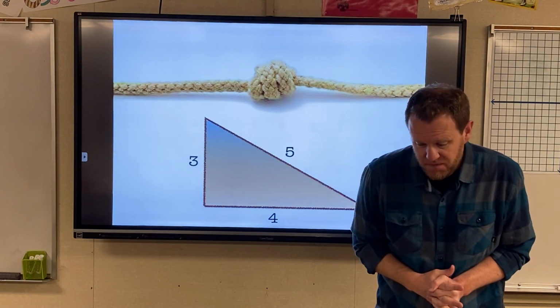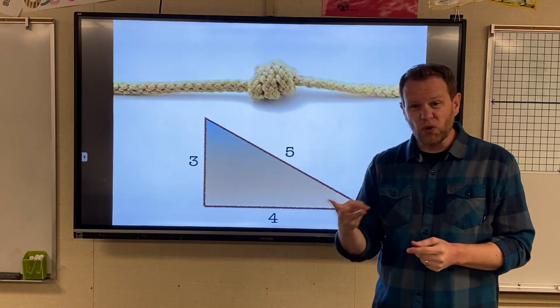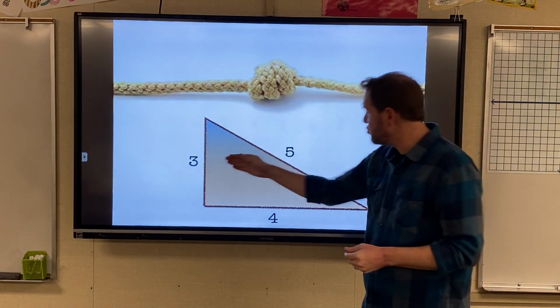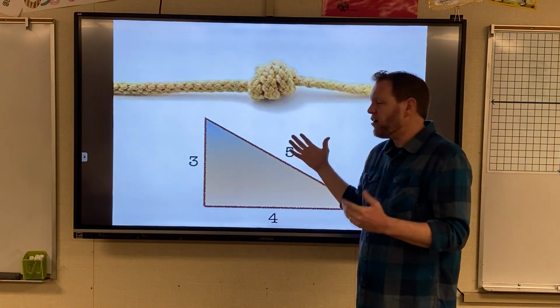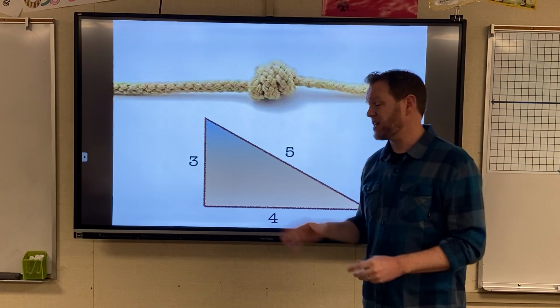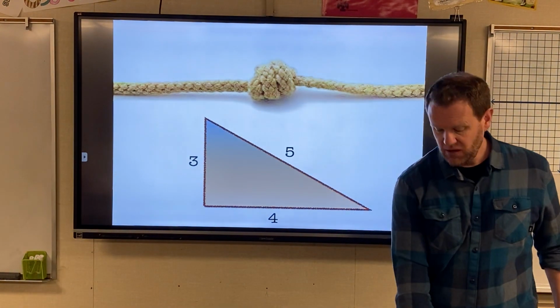And they wondered, would 1, 2, 3 work? Would 2, 3, 4 work? Would 7, 8, 9 work? How else could we build right triangles out of 3 numbers? Well,